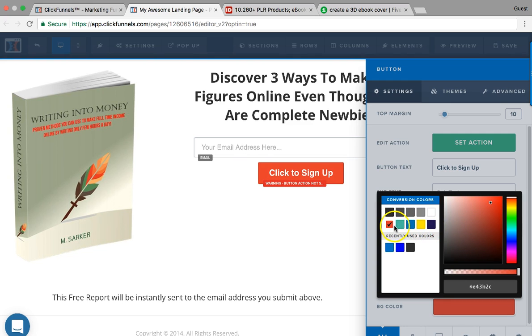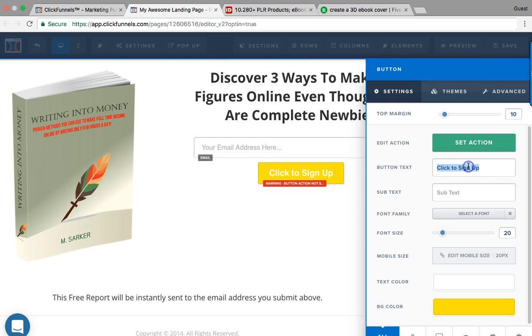These are the four colors that I use the most. I did not test with other colors. I'm just letting you know my secret. And I'm currently running a funnel that's converting around 50%, and I'm using yellow on that because it works. So you can say, yes, I want